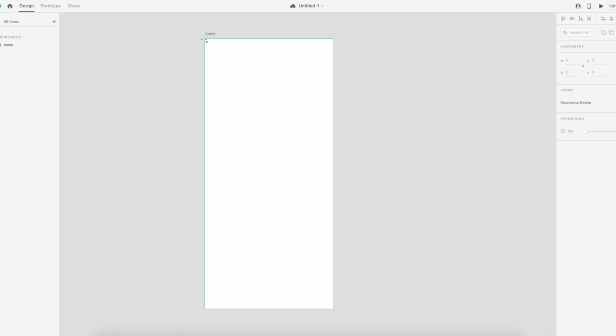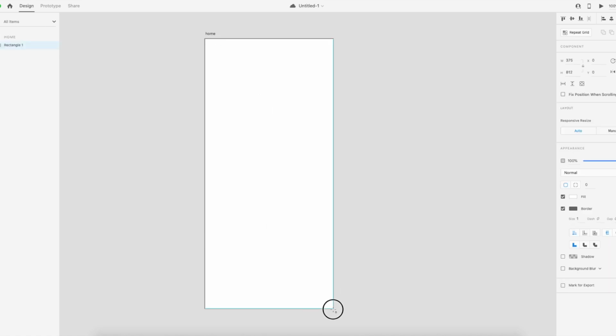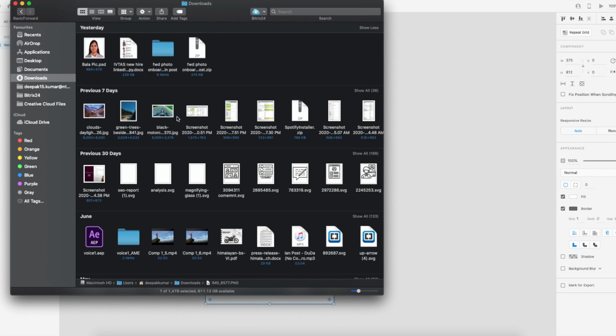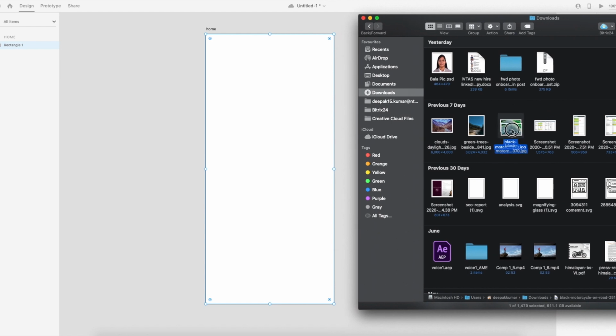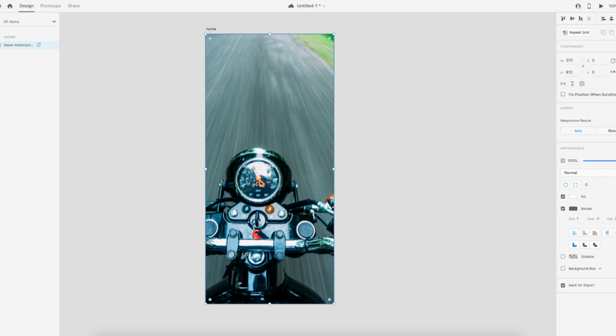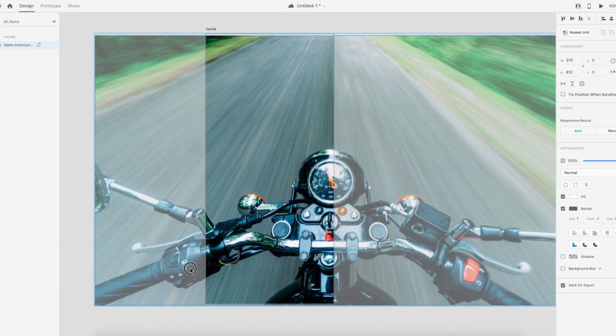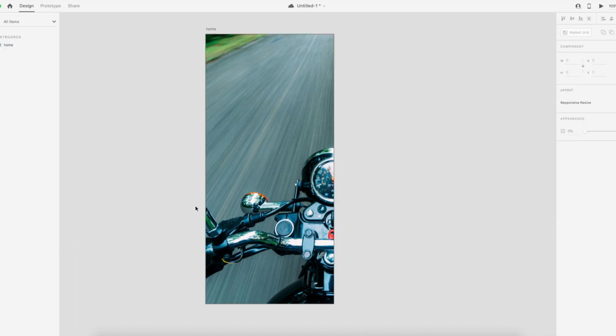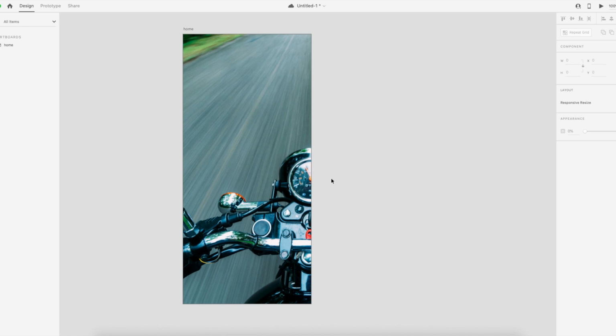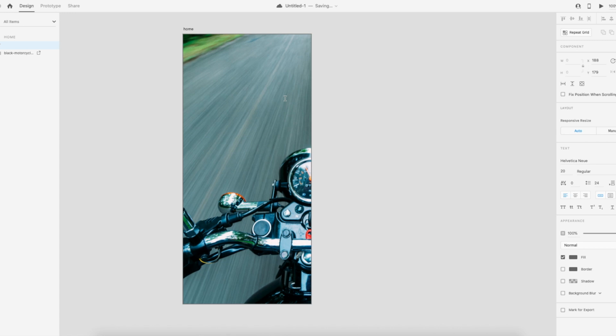So before that, I'm going to draw a box here which is equal to my artboard. And I'm going to take this photo here and drop it onto it. It automatically fits into the box that we drew. And I'm going to put it somewhere here. And what do I want to call my app? The best thing about XD is when you move your mouse in the artboard, it gives you the guidelines. So this is the center of the artboard. When I click here, I can write something here,